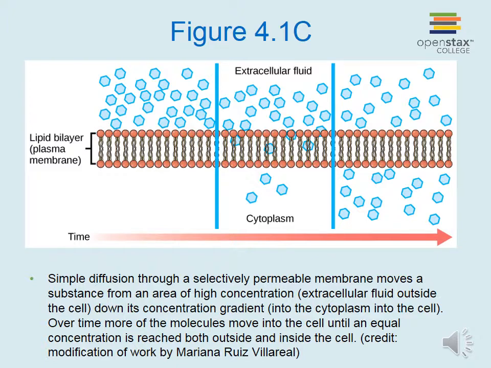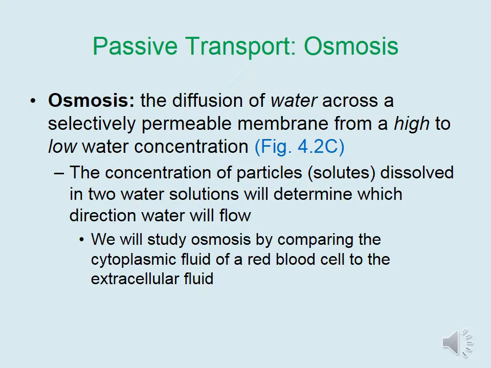Simple diffusion through a selectively permeable membrane moves a substance from an area of high concentration, in this case from the extracellular fluid outside the cell, down its concentration gradient into the cytoplasm inside the cell. Over time, more and more of the molecules move into the cell until an equal concentration is reached both outside and inside the cell. The second type of passive transport is osmosis, which refers to the diffusion of water across